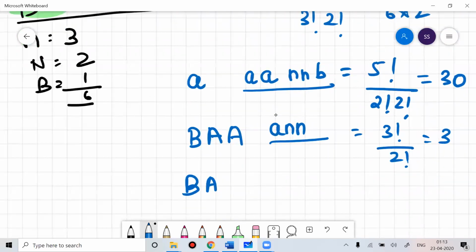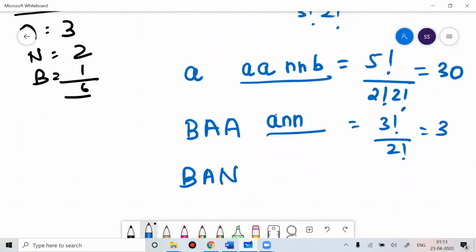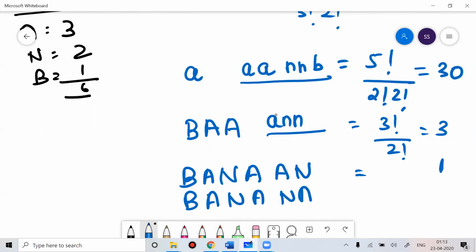Okay. So B, A. After B, A, after A, what will come? After A, N will come. Okay. After N, what will come? A will come. After A, what will come? Again A and again N. Again one word. Okay. Then after that B, A, N, A. Then this would be N, A. This is what you are looking for. Got the answer 34. I hope this is clear to you.